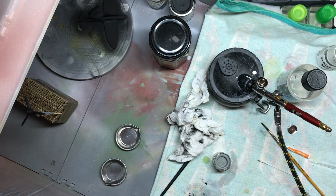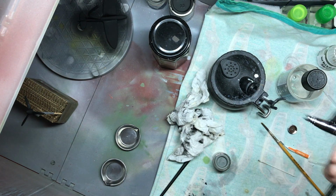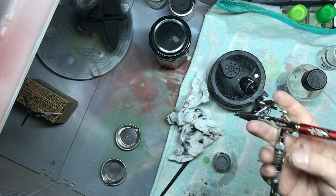If you're new to enamels or you've never airbrushed with enamel and you've been a bit worried to do so, don't be afraid of it. It's easy to do and you can get great